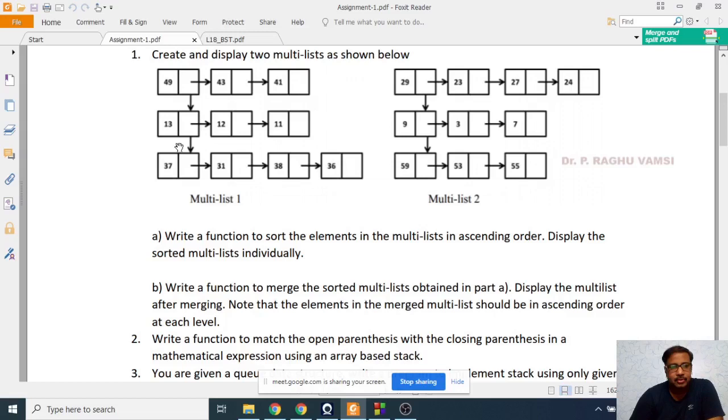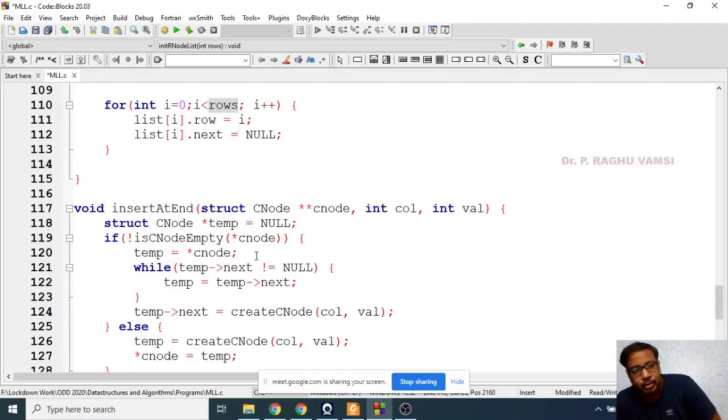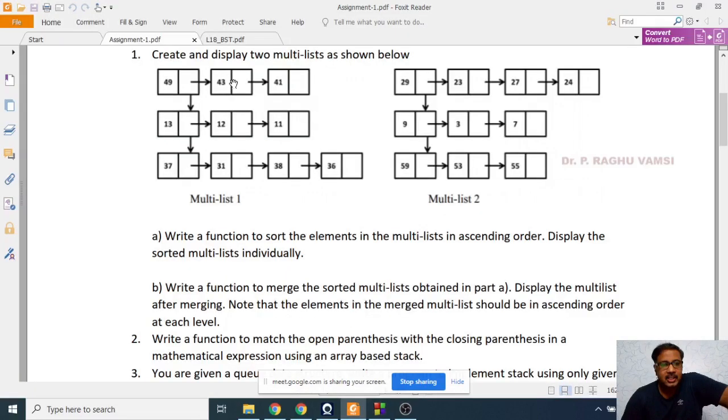Then you have to ask the user in which row you want to enter this node. If the user has given the 0th row, then in the 0th row that particular element needs to be entered. That means I want to enter in the 0th row, so in the 0th row you have to enter 49.